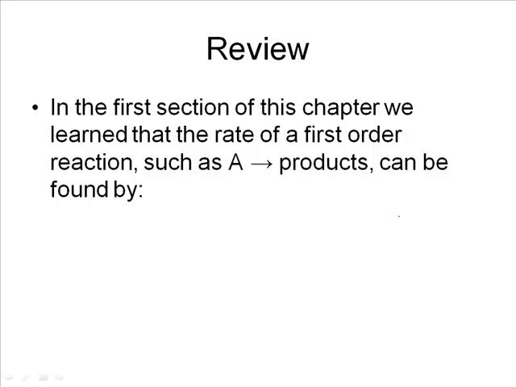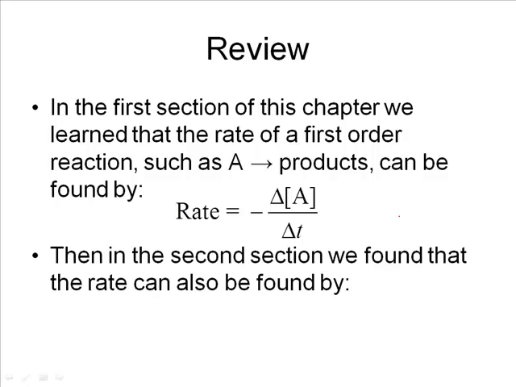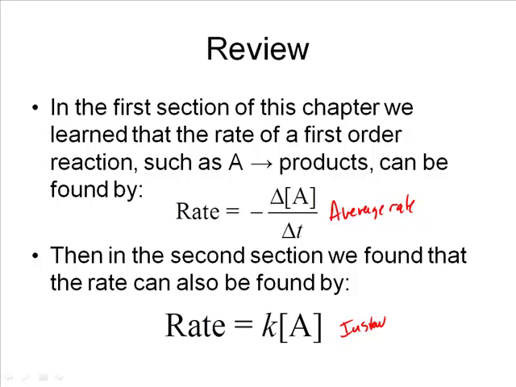So like I said, in the first section of this chapter, we learned that the rate of a first order reaction can be found by taking the change in the concentration of A over time. Then in the second section, we used rate laws to find instantaneous rate. So remember, this here would have been considered the average rate, where this one here would be called the instantaneous rate